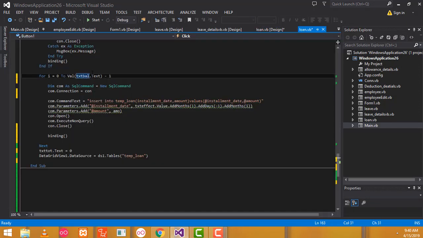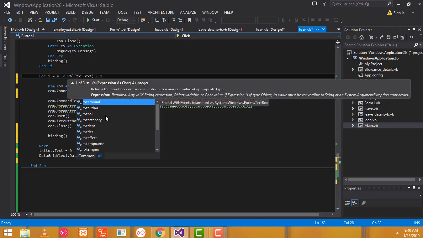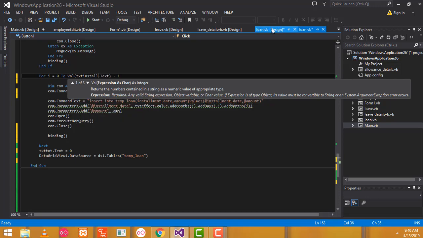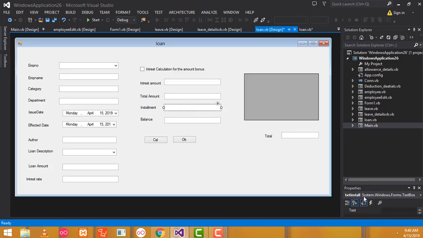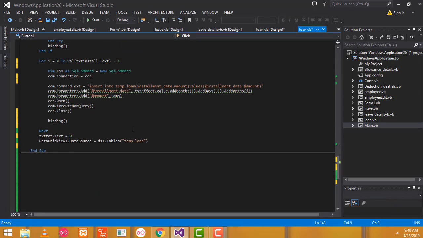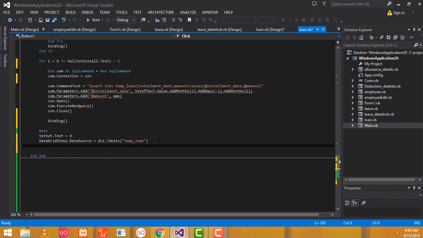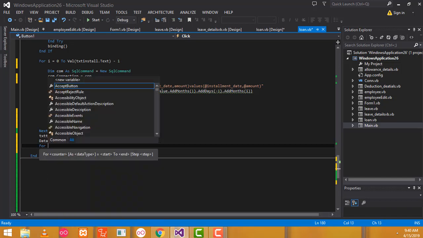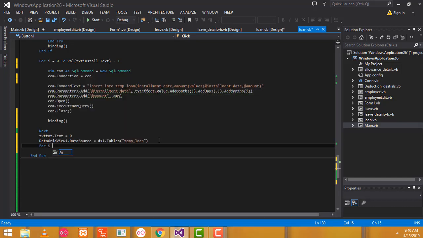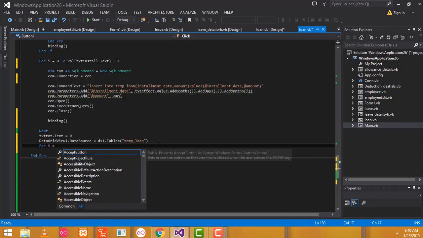I wrote it wrong here. So we have to write txtInstallment. That is the text box name, txtInstall. This text box name you have to put here. After that we have to write a for loop. For I, I am creating the variable I, so I equal 0